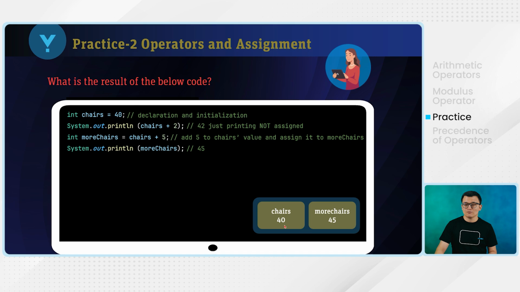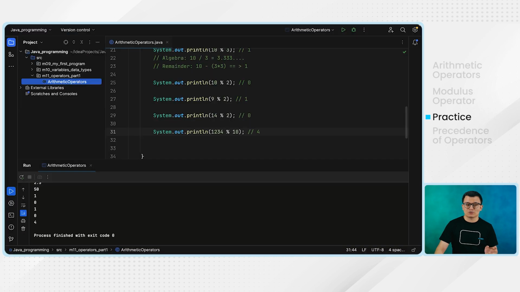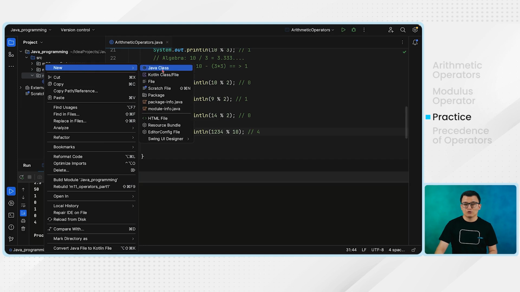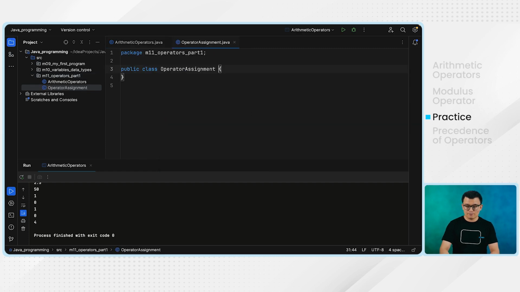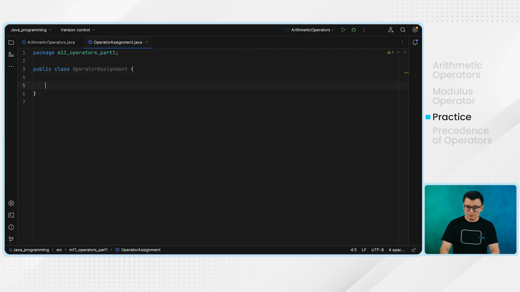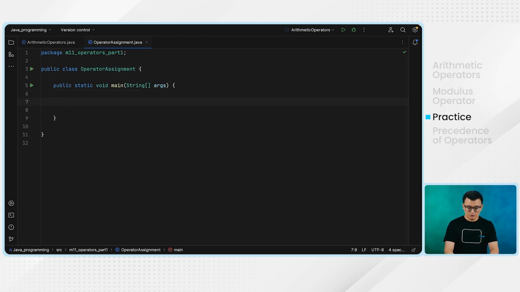Okay. Let's also do this practice real quick. In IntelliJ, please create a new class named OperatorAssignment. Okay. And create the main method. So this is our chairs variable now, and first it's set to 40. Okay, and then we have this print statement,